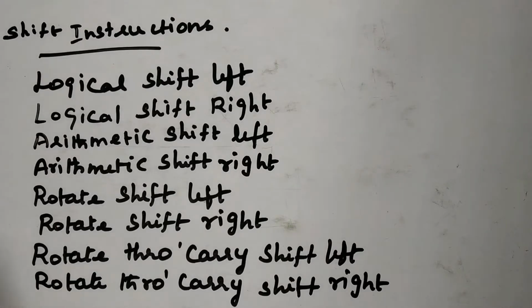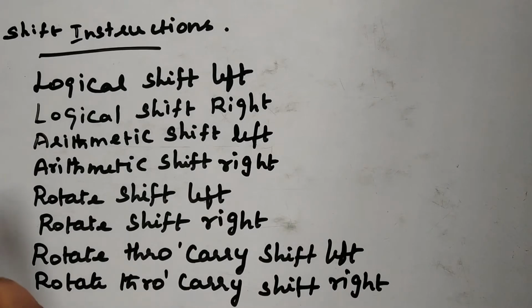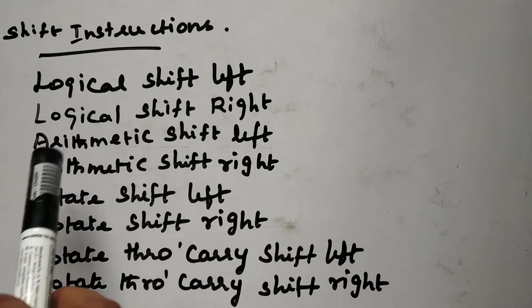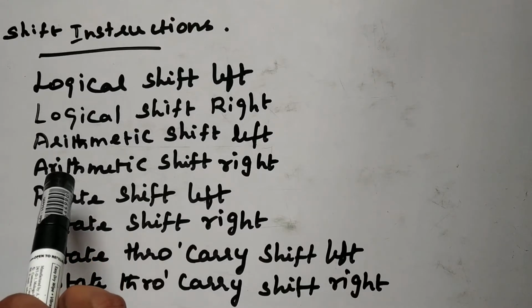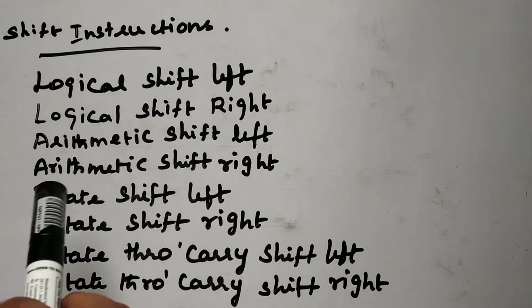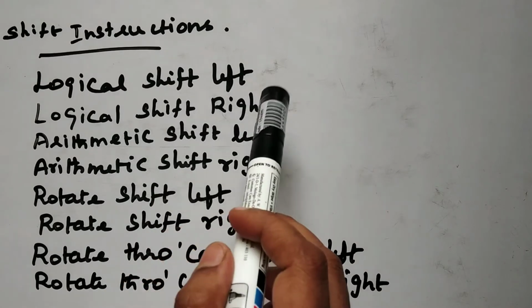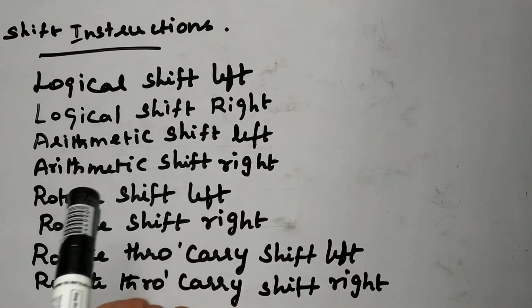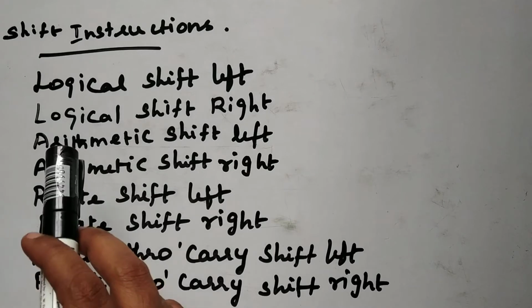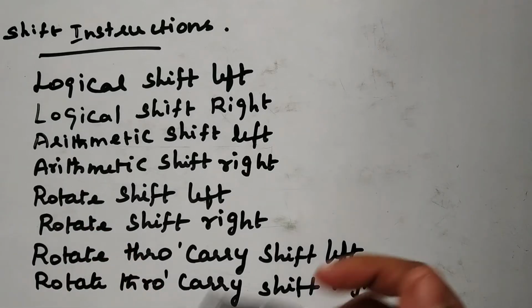So let us see the categorization of shift instruction one by one, and later we will discuss all these categories. Here it consists of four categories of shift instruction. First one is logical, arithmetic, rotate, and rotate through carry. In each categorization we have two types, that is, performing shift operations in both directions. One is to the left and another one is to the right. So how to perform all these shift instructions, we can see with an example.